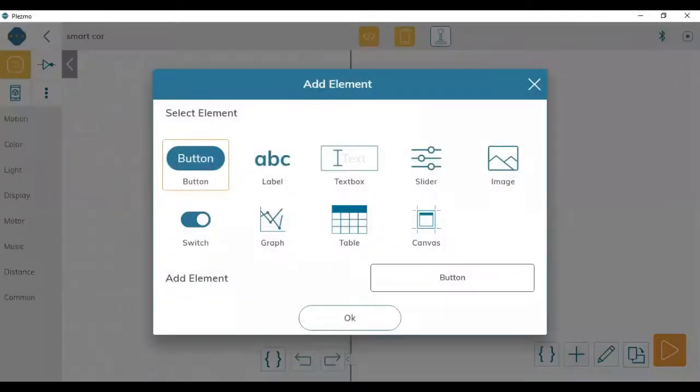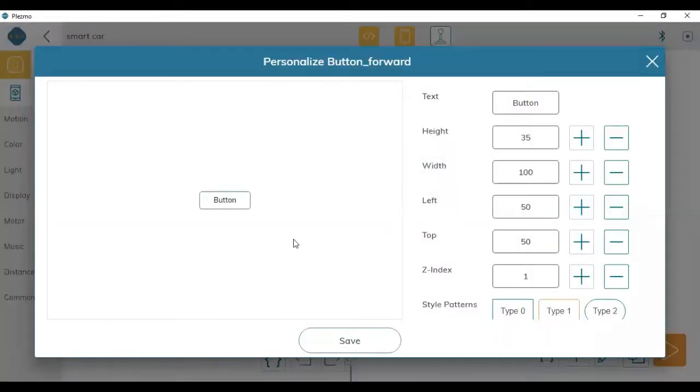So as you want to add the screen here, add the button here. I'm clicking on button and I'm going to give it the name button forward. Okay, fine. Now we can change the features of this button. Here, what do you want to display?